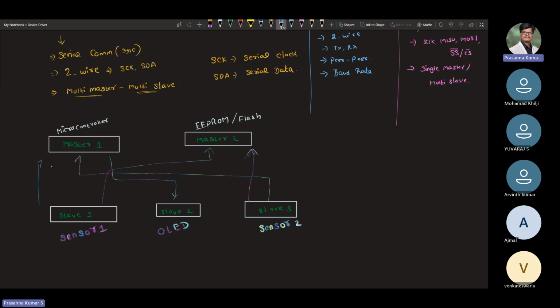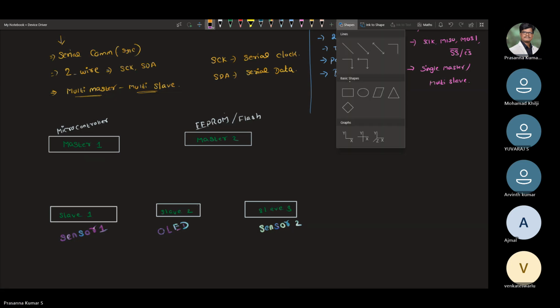So this has to connect with this one first and this one. There are multiple connections available, right? So we require more wires if it is connected with peer-to-peer communication. And it also requires much more complex coding for transferring the data from one device to another device. Instead of that, there is something called